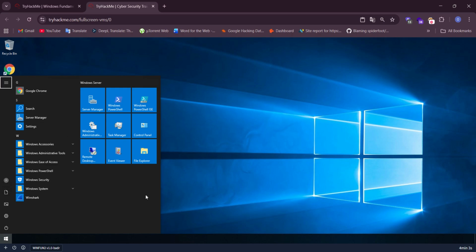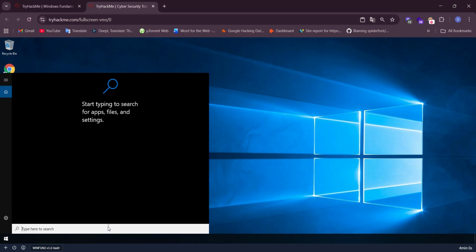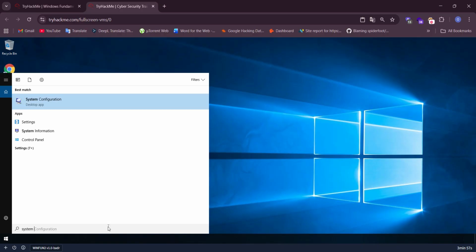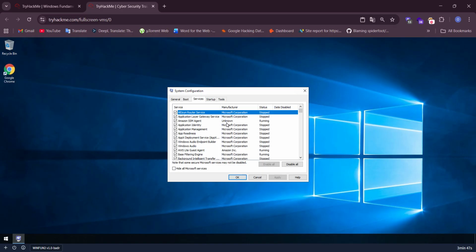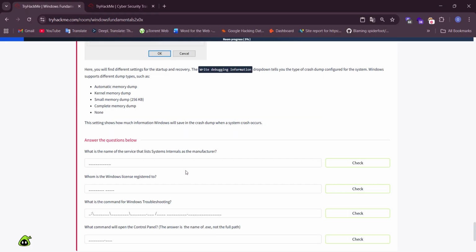We will use msconfig as a system configuration, and we find it from services. Okay, Sysinternals PC shutdown.